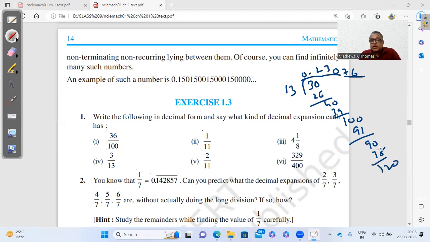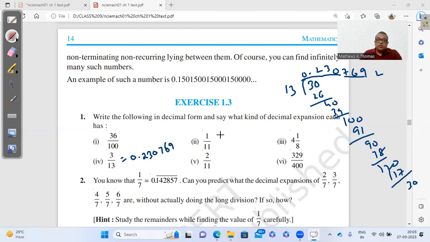Then when I get 120, again, when I try this, I'm going to get 13 9s are 117. Now again, I'll get 30. 30 when I'll get 13 2s are 26. So at this point, what will happen now? This number will start repeating: 2 3 0 7 6 9. So 3 by 13 will be